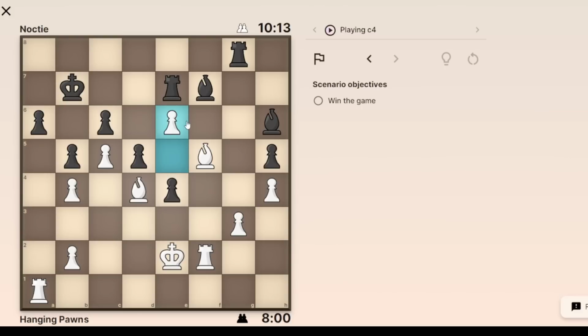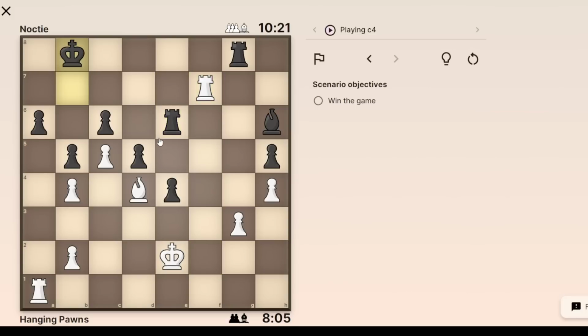Because when I check the king away on f7, I'm going to play rook a6, and maybe trading for g3 is good enough. So takes. I guess rook f7. And then can I play rook a6? I think I can. Rook a6, rook g3, I can just...